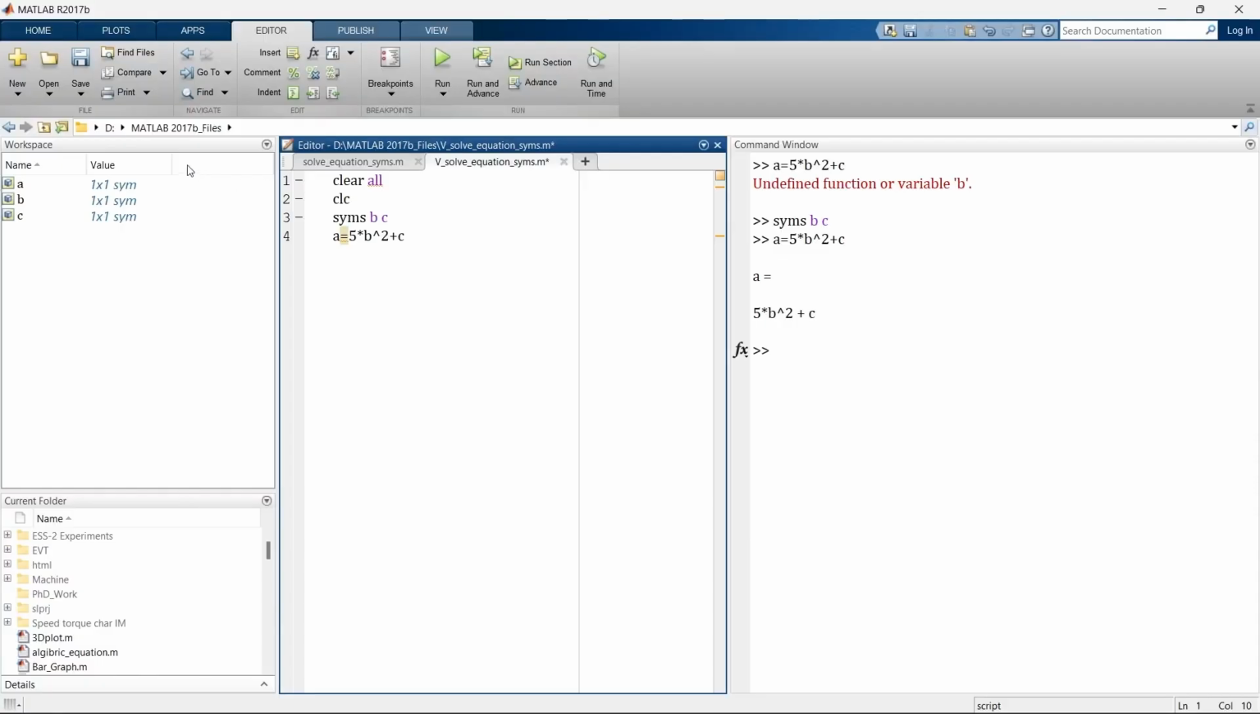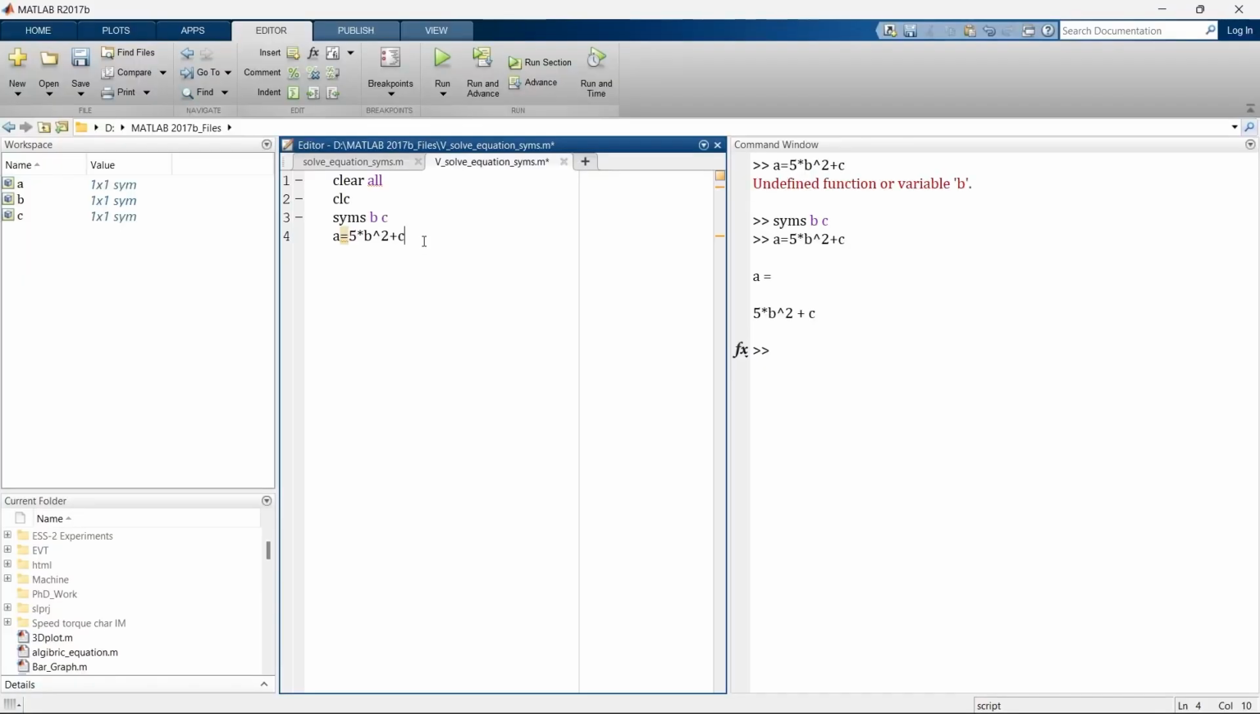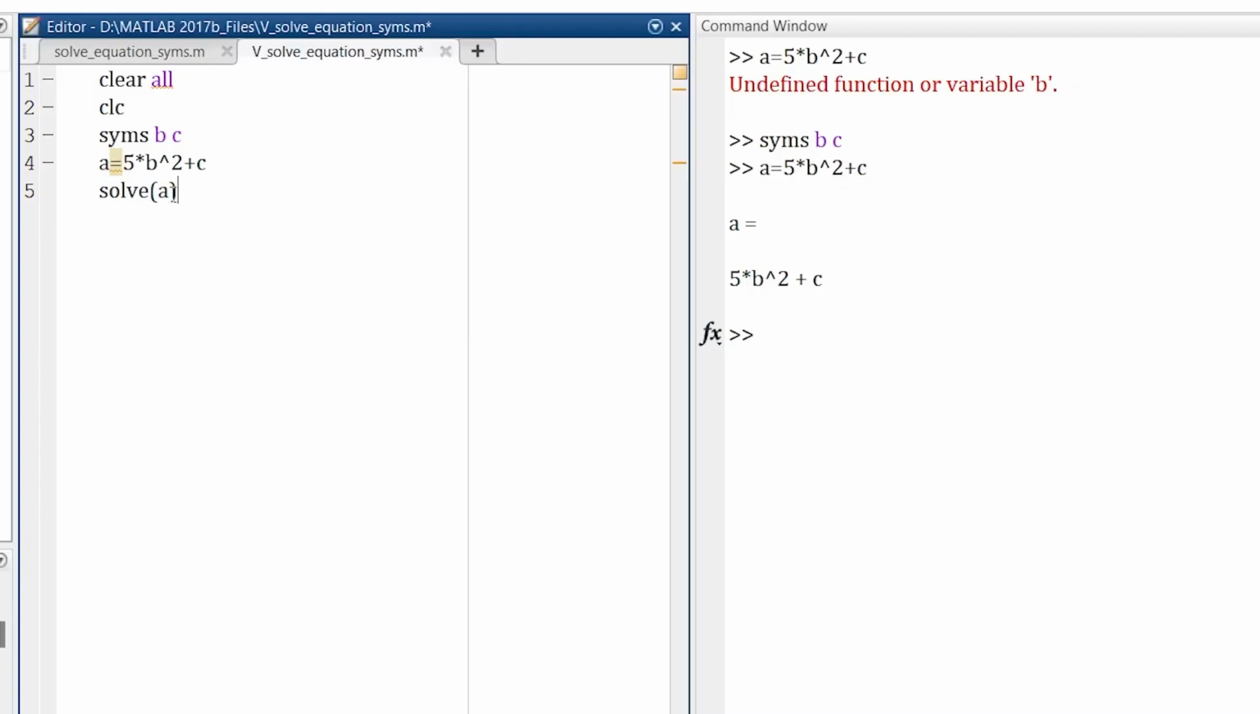So here first I am clearing all the workspace variables, then I am clearing the command window, and then I am defining syms b and c as symbolic variables. And this is my expression. Now if I want to solve this expression, I need to use the command solve. Solve, into brackets, which equation I want to solve. The equation is a, right? So now when I run this thing,